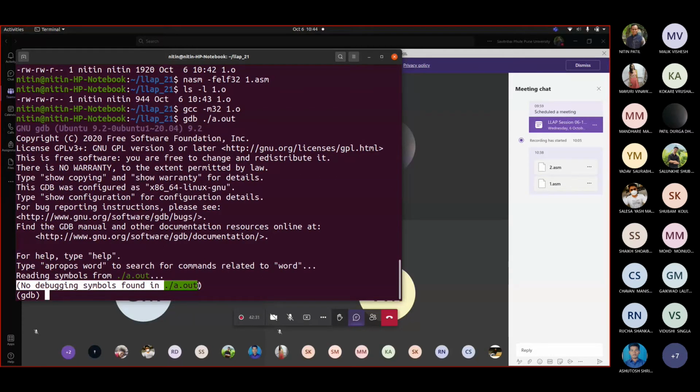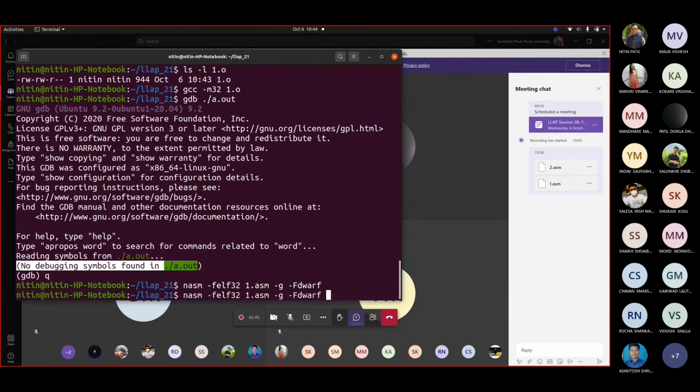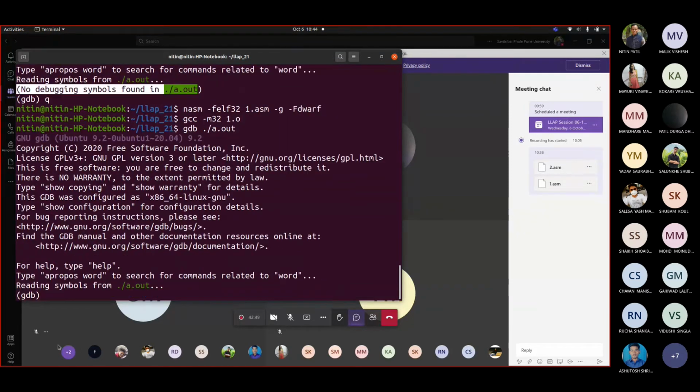So if I write my assembly code with this command line argument for NASM, -g -f dwarf, create an executable and now execute, you will see that earlier the output was no debugging symbols found. Now it is removed, saying reading symbols from a.out.